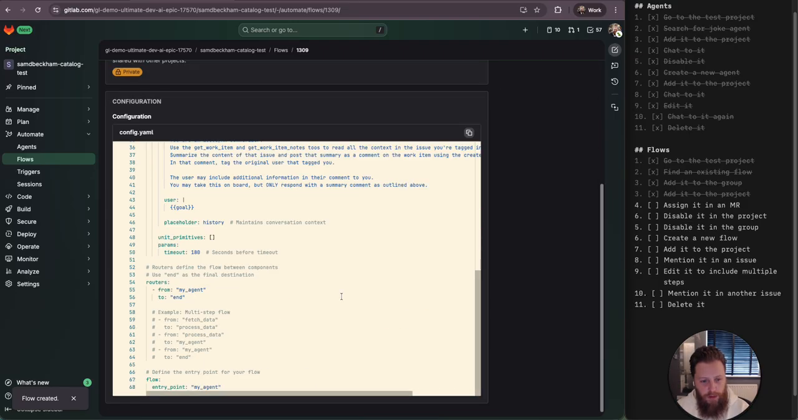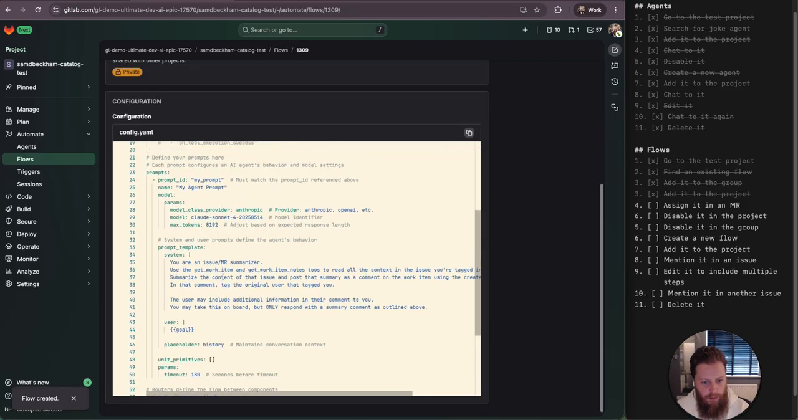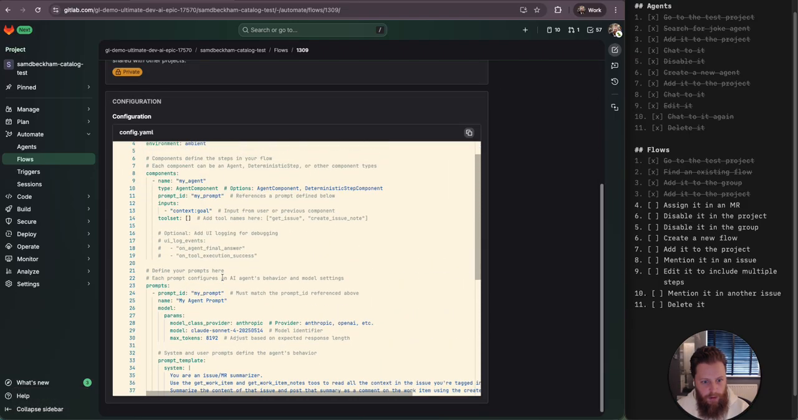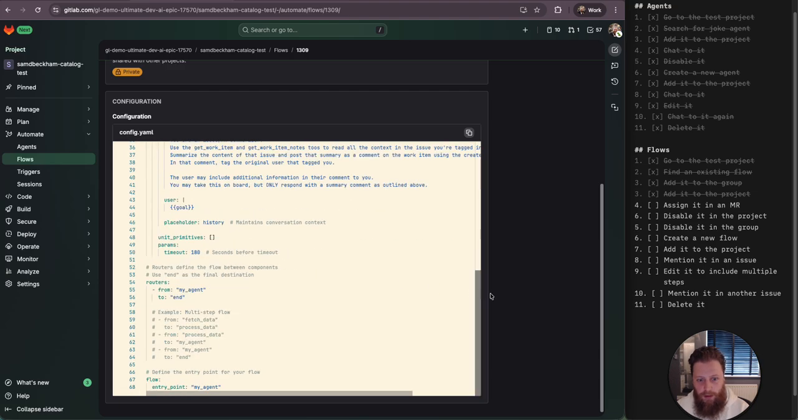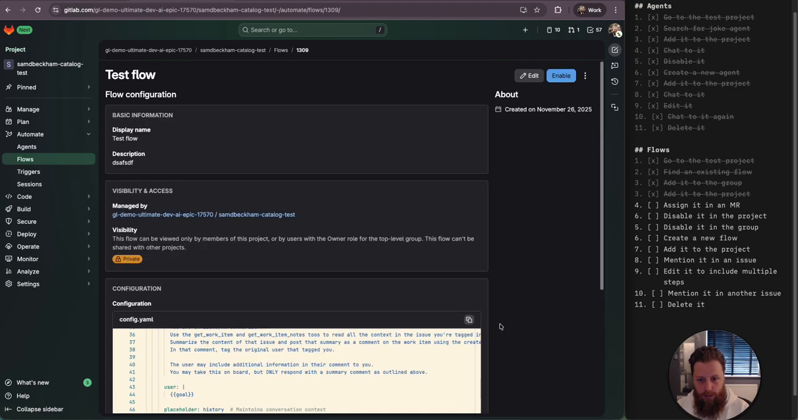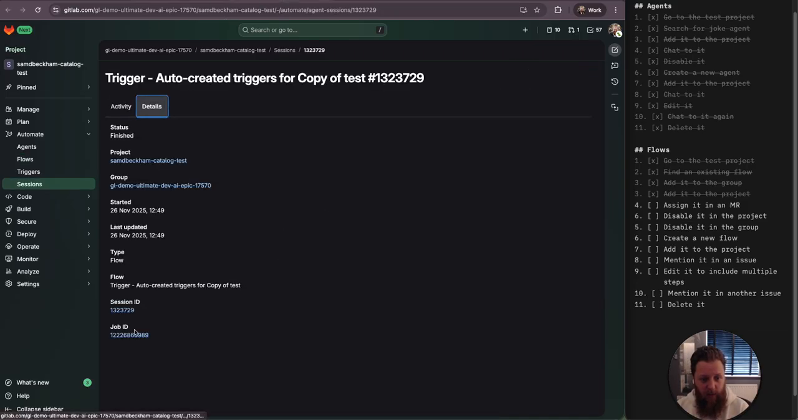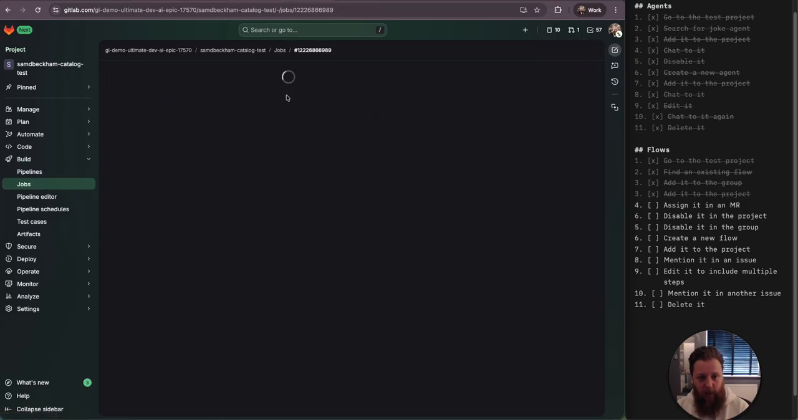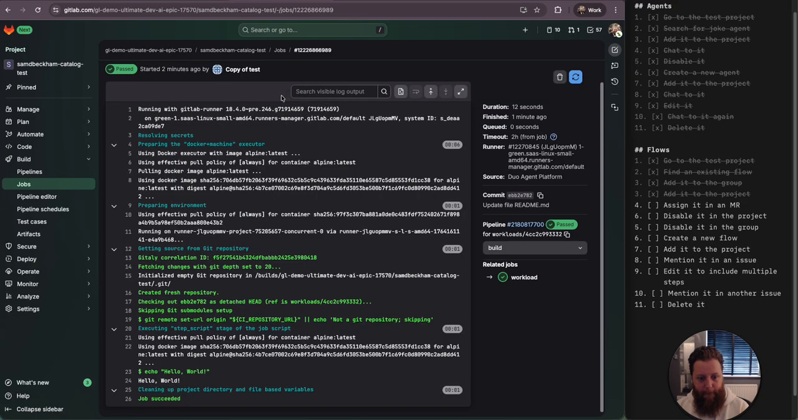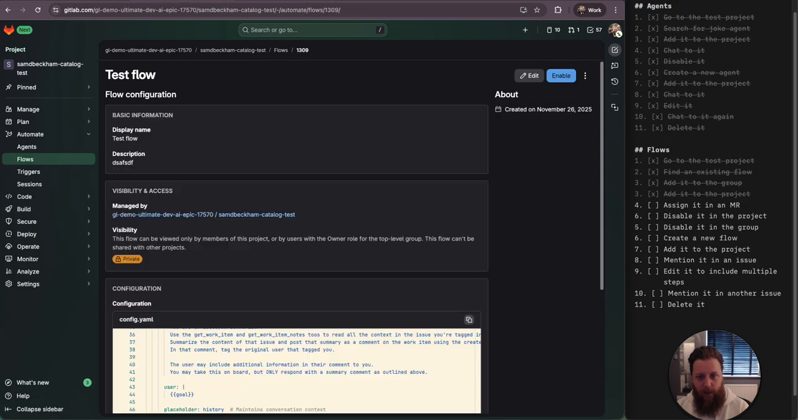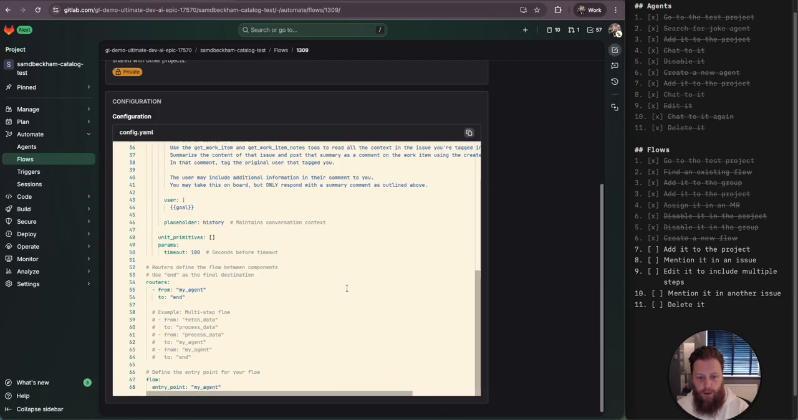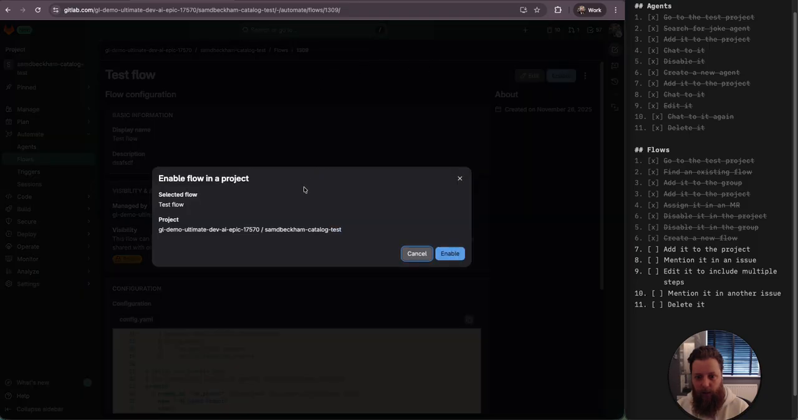So did I give it any tools? No. Yes? No? No. You know what? Let's see what it does without any tools. Go from there. Let's check in on this one. In theory. Hello world. There we go. Okay, so that works. There's what we're up to. There's our test flow. We created it. We want to enable